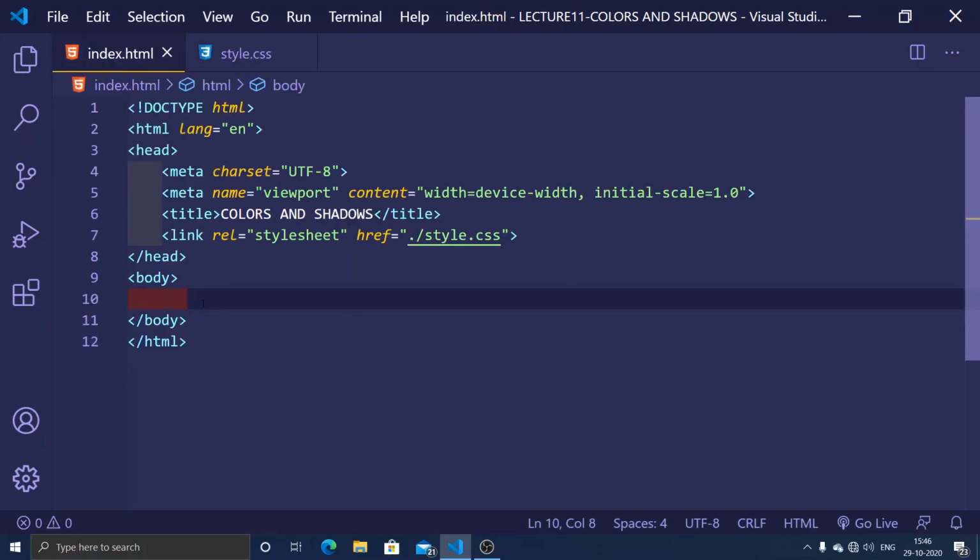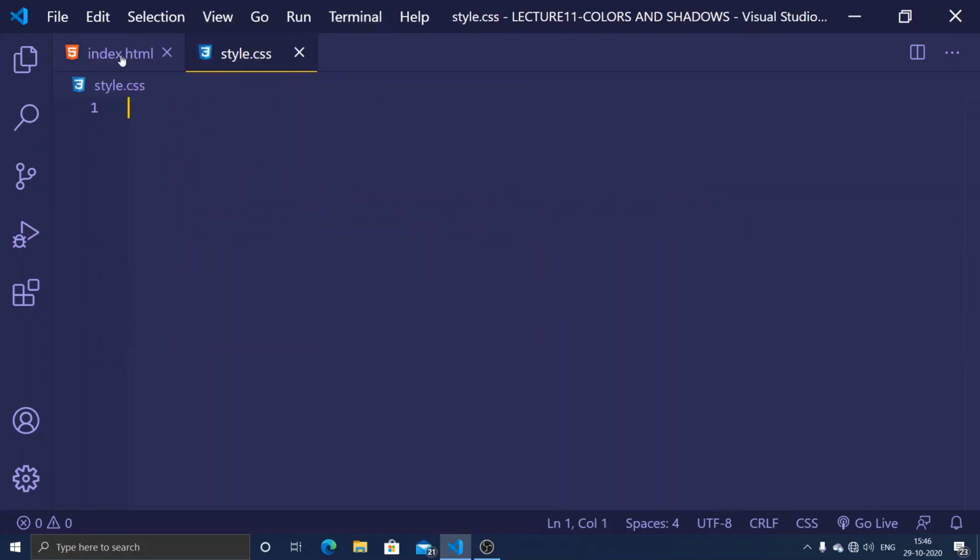As in my previous video, I have already discussed targeting elements. Let me create one element over here, which is the h1 tag. Inside of this h1 I can write anything, so I can write "hello speed", and now I'm going to target this. You can target an element by its tag name, by the class, or by the id. In this video we're going to target the elements by using their tag name only.